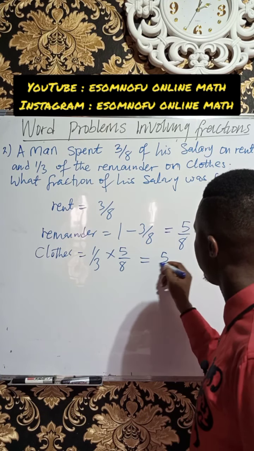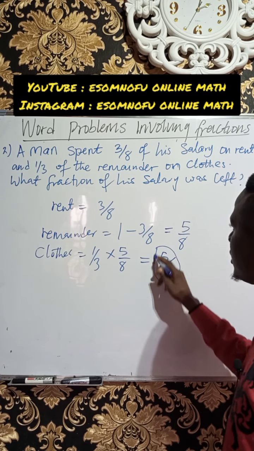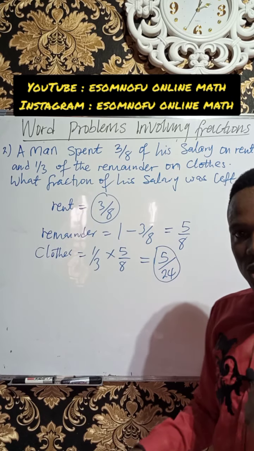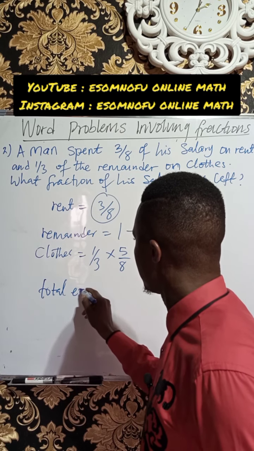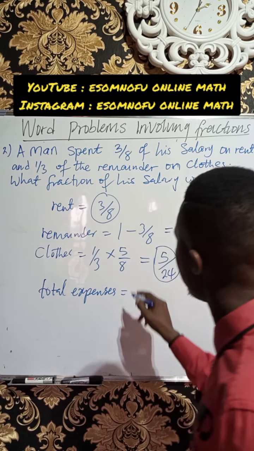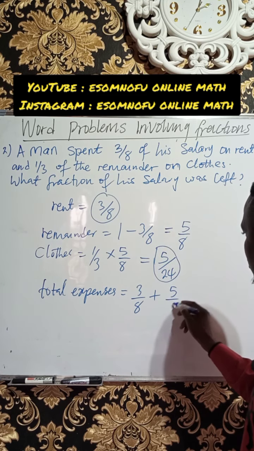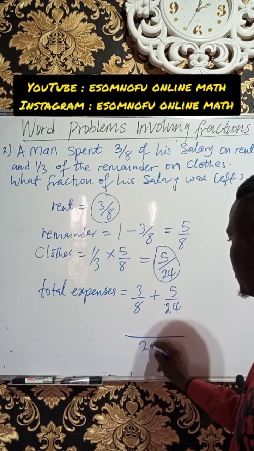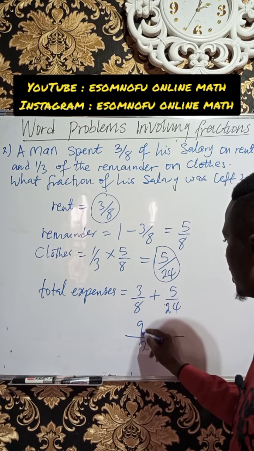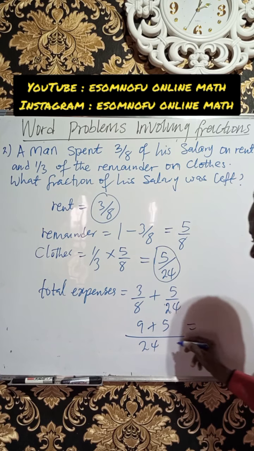We are told to find what fraction of his salary was left. To know that, you have to sum the total expenses, the expenses on clothes and the expenses on rent, then remove it from one complete salary. So the total expenses in terms of fraction will be for rent, 3/8, plus clothes, 5/24. This time, let's use the LCM as 24. 24 divided by 8 is 3, 3 times 3 is 9, plus 24 divided by 24 is 1, 1 times 5 is 5. When you add 9 and 5, you get